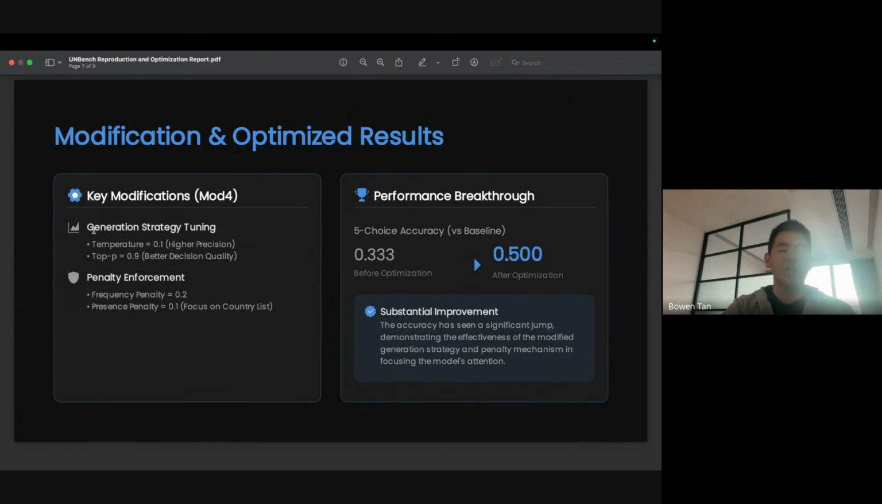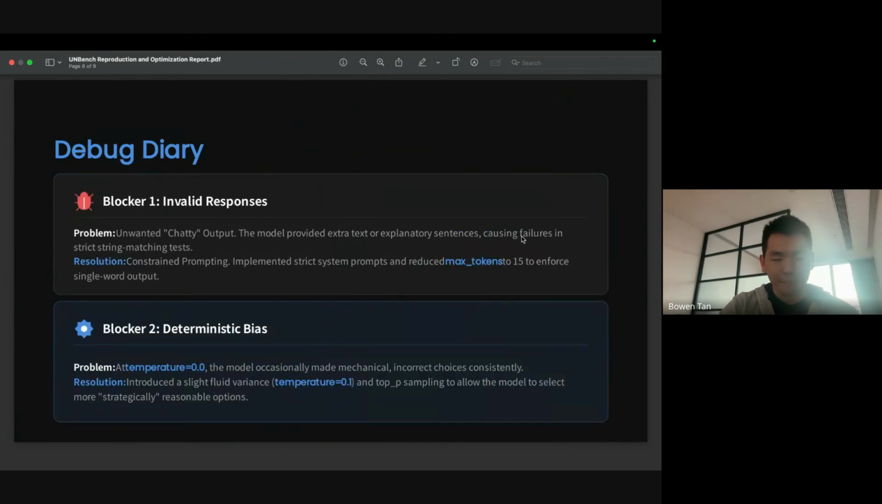And I tried to change its parameters, with temperature ranging from 2 to 0.2, and the optimal is 0.1 actually, and the p-values to 0.9, 0.5, 0.95, because it follows the normal distribution factor. And for penalty enforcement, I also used the frequency and presence penalties, and this combination gives the best result. And the debug diary, well, this part is somehow confusing because